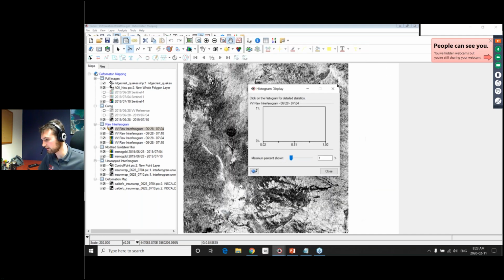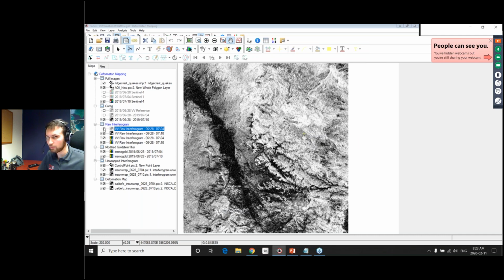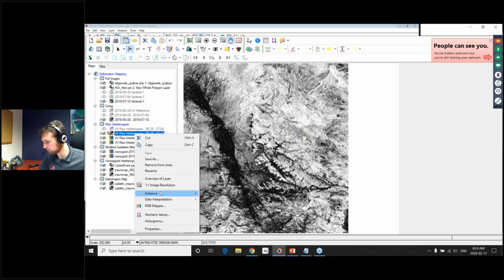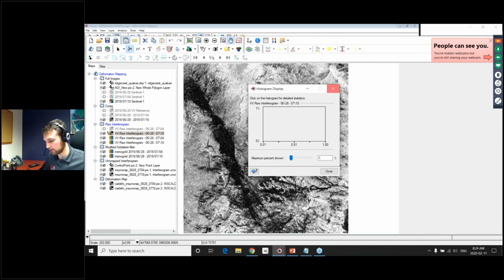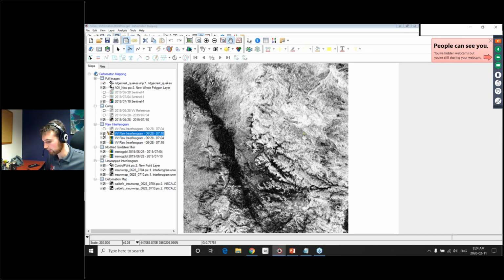While if we look at the second interferogram, we can see that there's been a loss of coherence. In this area, for instance, the dark area that's completely lost, the shift of pixels has been too great. So there's been a significant amount of movement. If we right-click again and view the histogram, we can see there's been a very big change, and there's a lot more pixels on the left side, getting closer to 0, showcasing that there has been a significant loss of coherence. So now we've visualized it with just the amplitude. However, we can also view it